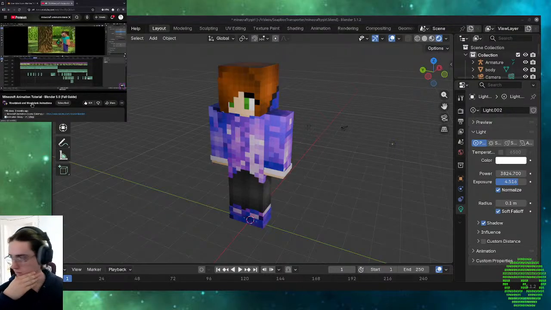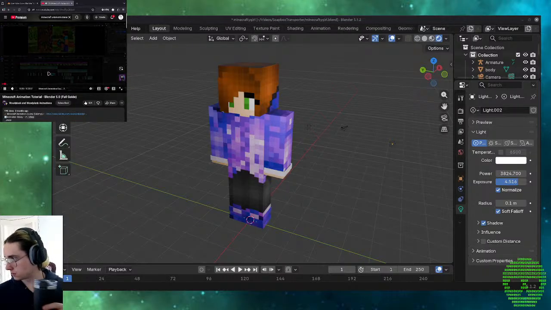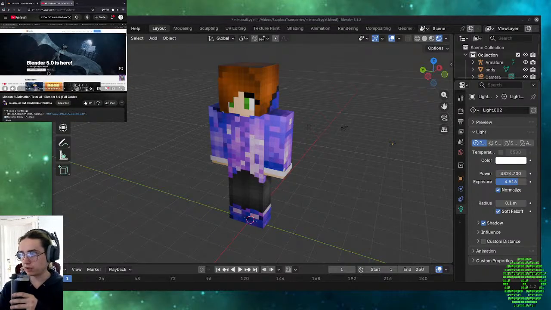Now, if you want to follow along here, get ready because we are about to begin. So first, obviously, download Blender. Go to the Blender website, which